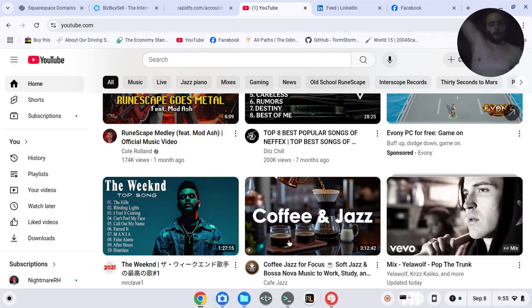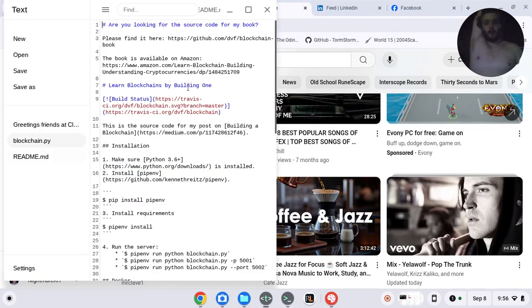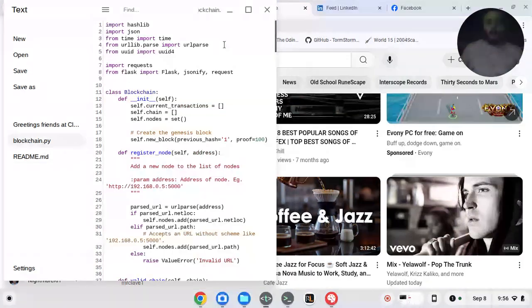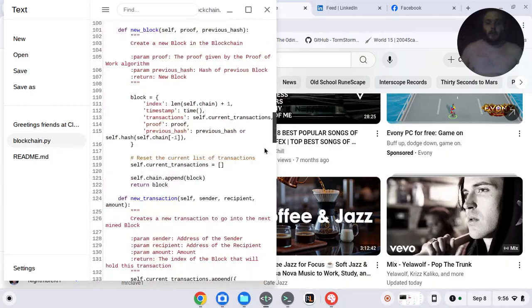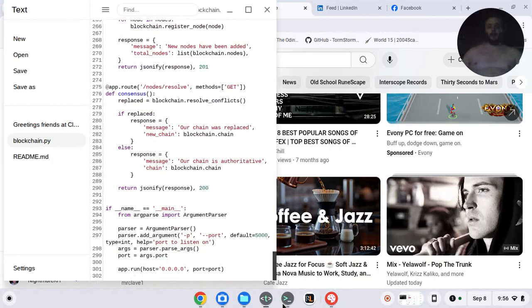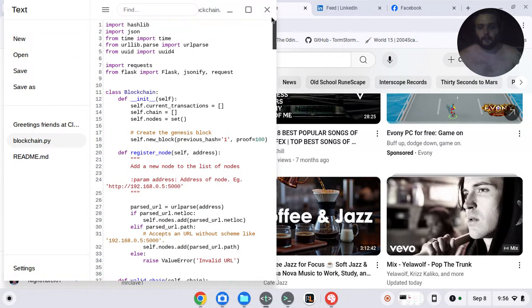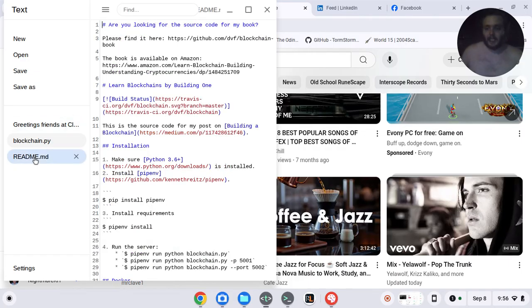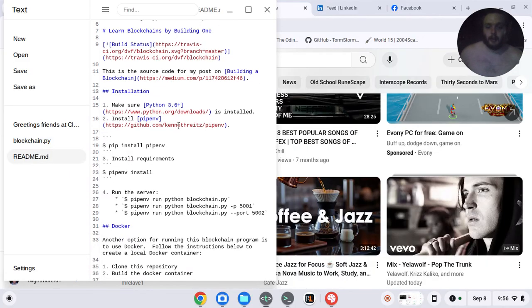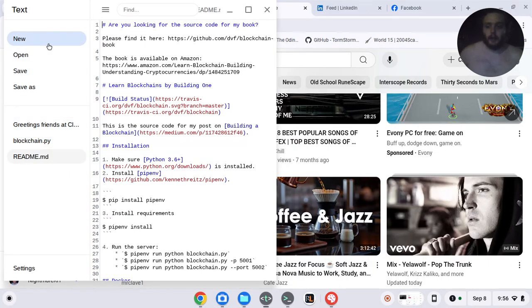Google Chrome comes with a built-in text editor, so that you can write code and all kinds of crazy stuff. I coded a blockchain, which is some crazy stuff. I don't know what this is. It's like blockchain. This is like an ebook. And yeah, so